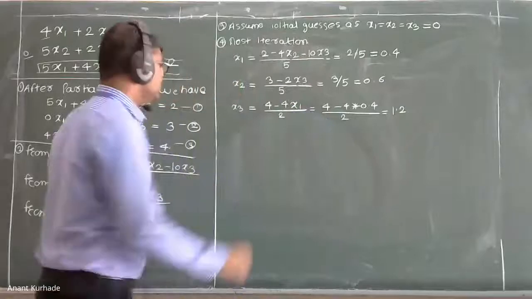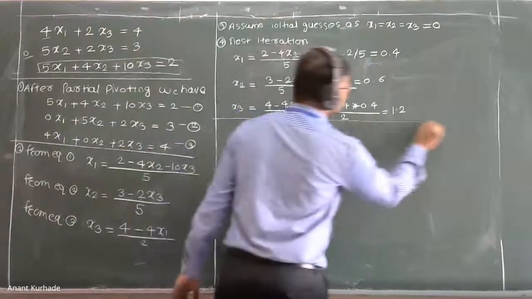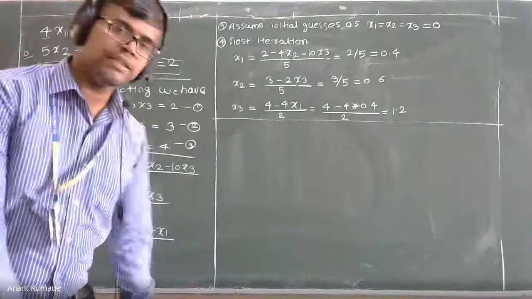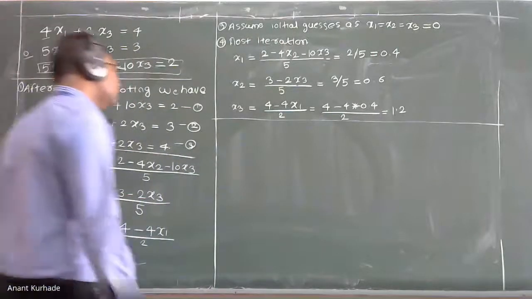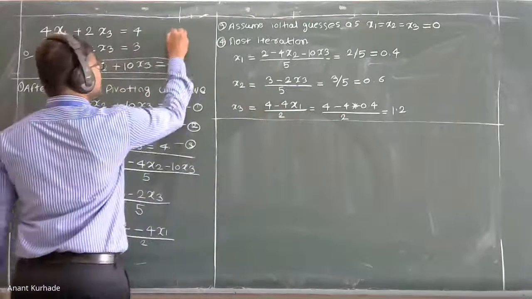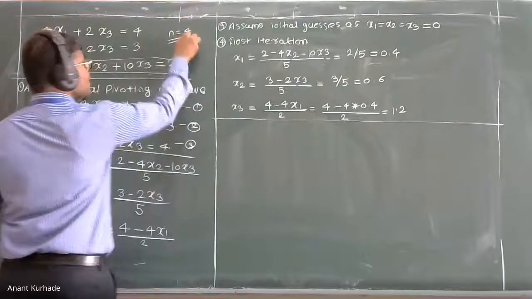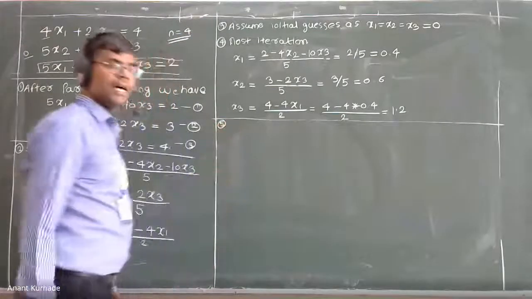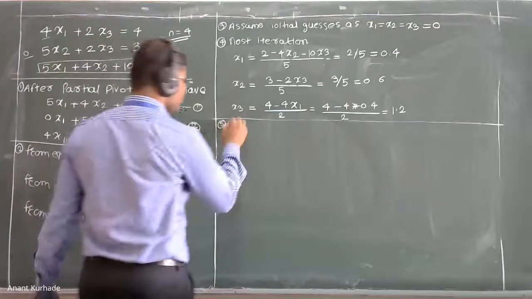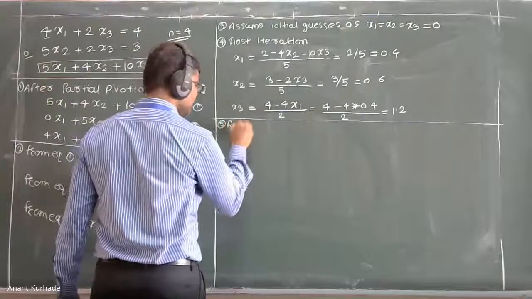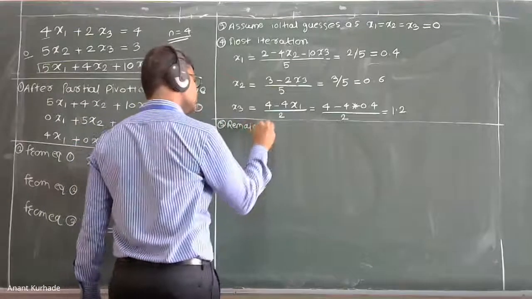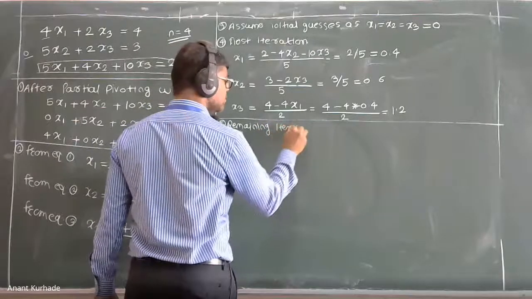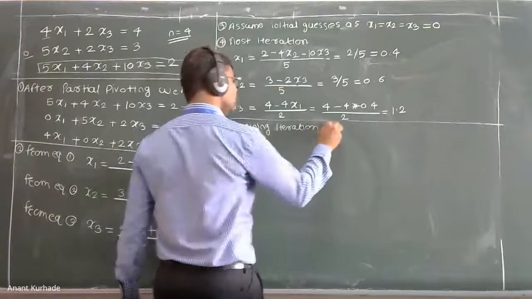So now from the first iteration we have these values. In this problem statement the number of iterations is not mentioned, so try to do 4 iterations. Now you can say the remaining iterations are in tabular form. Okay, now you can write: remaining iterations are given below.